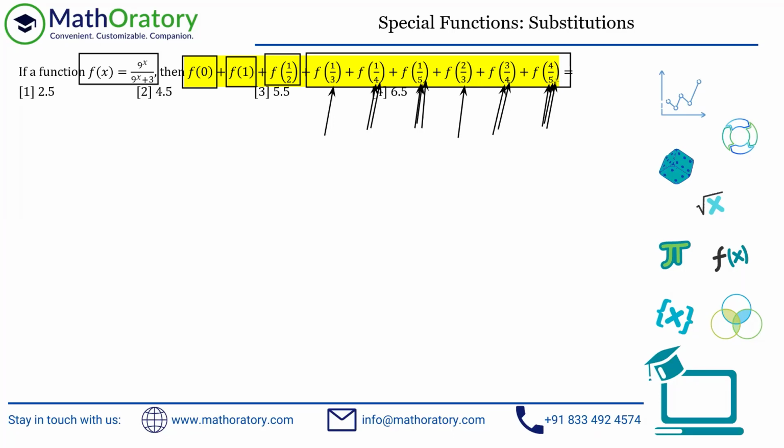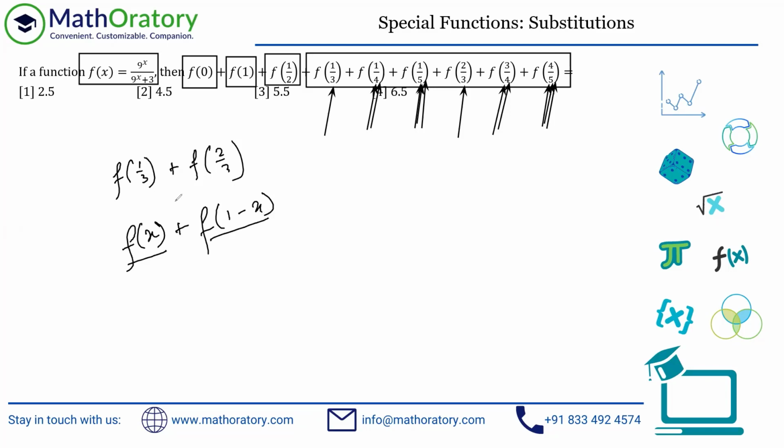So there are a lot of these pairs which are adding up to 1. I mean, here also, coincidentally, that is the case. I mean, 0 and 1 are also adding up to 1. Now, let's try to understand what is the significance of that. So, for example, if I have f of 1 by 3 plus f of 2 by 3, try to figure out what will be the result of this, if possible, that is. So that is the striking part. So since each of these pairs, the inputs are adding up to 1, so just try to figure this out.